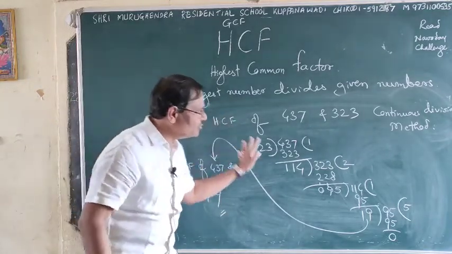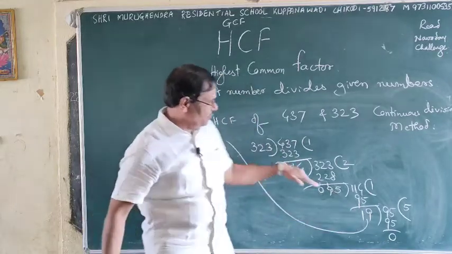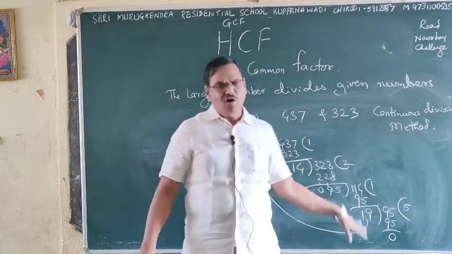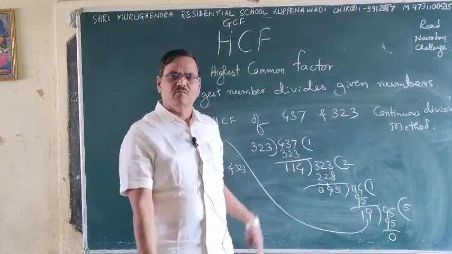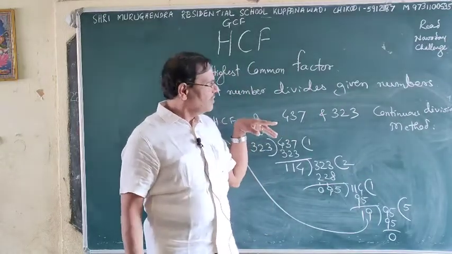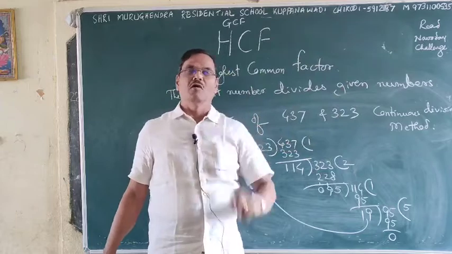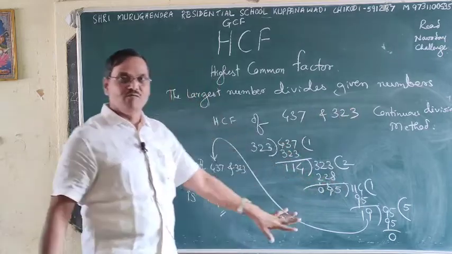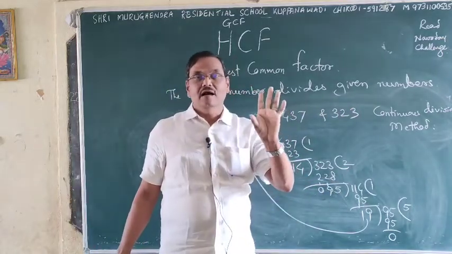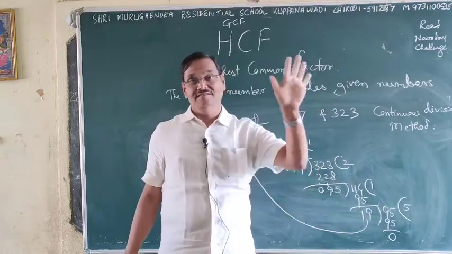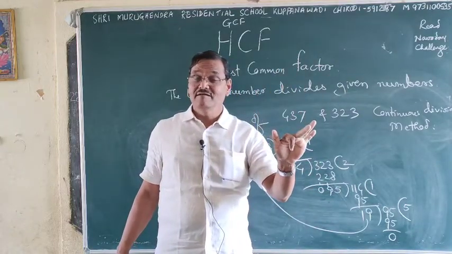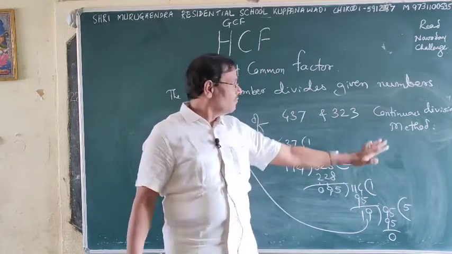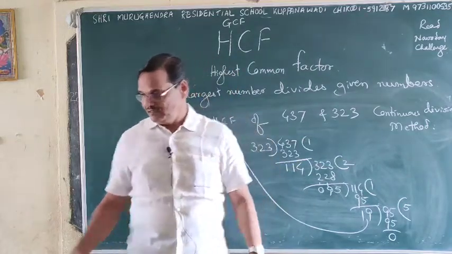Okay, continuous division method. See, continuous it is going. One number I took, I forgot that it went up to one full page, one large paper. Then lastly, only one got. Okay, understood? 4 methods. First one is all factorization method, second one is separate prime factorization method, third one is prime factorization method, fourth one is continuous division method.